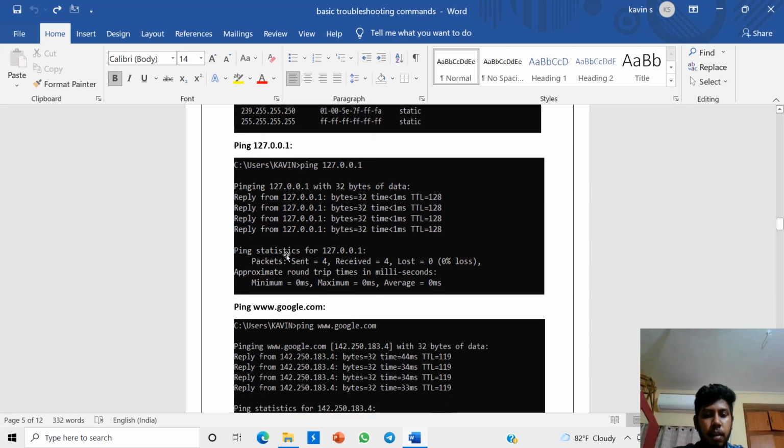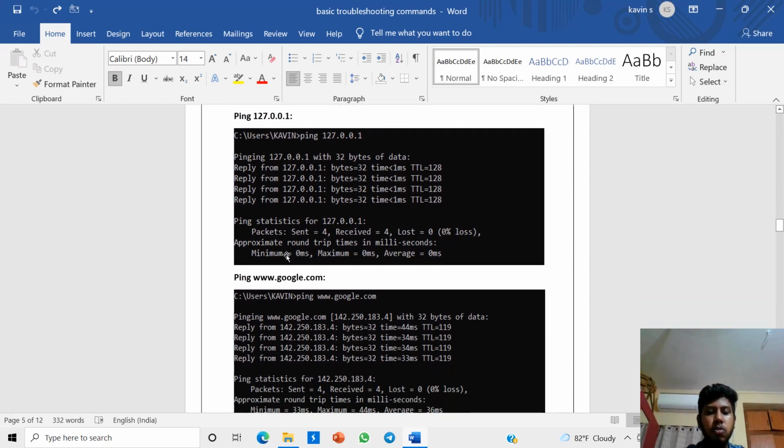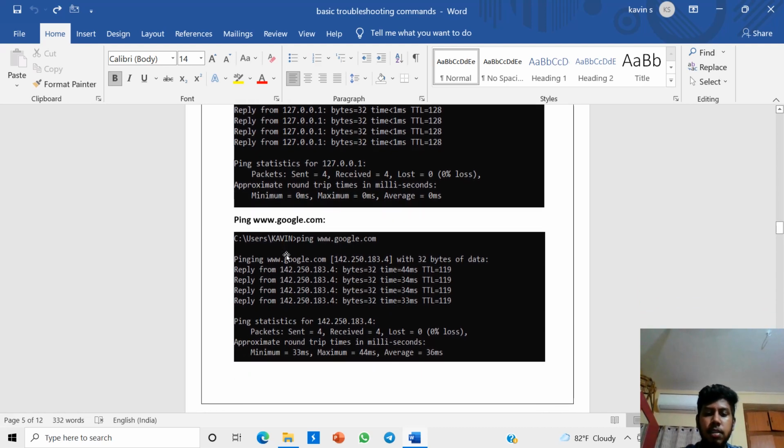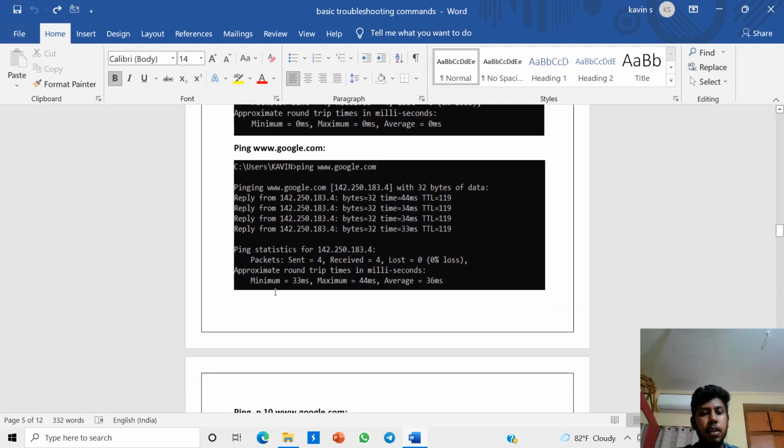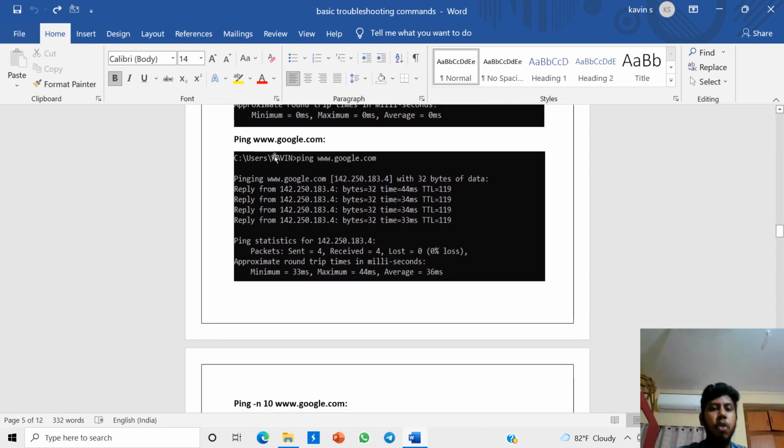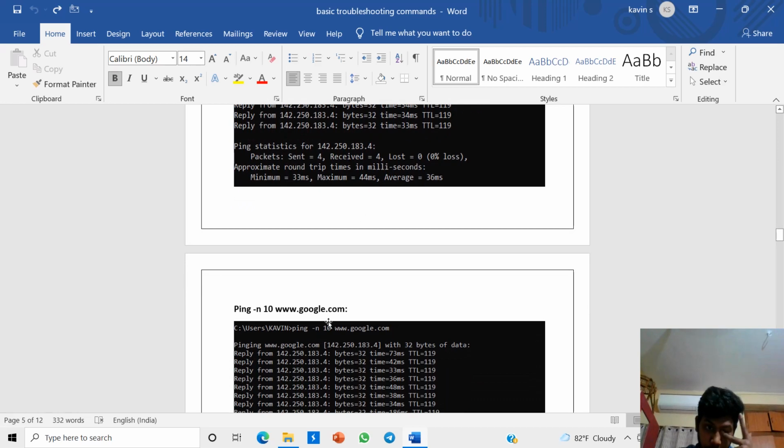After that, the ping command is a command prompt tool used to test the availability of the source computer to reach the specified destination computer. It is usually a simple way to verify that the computer can communicate over a network with other computers or network devices. We are using ping www.google.com to check whether packets are sent, received, and lost, and the minimum time is displayed in milliseconds like that.